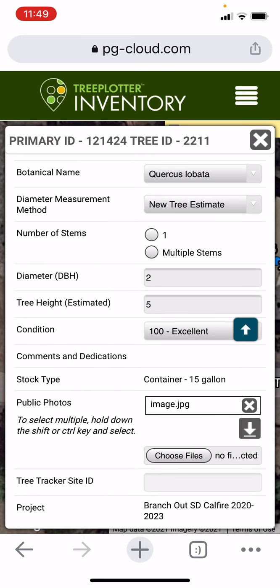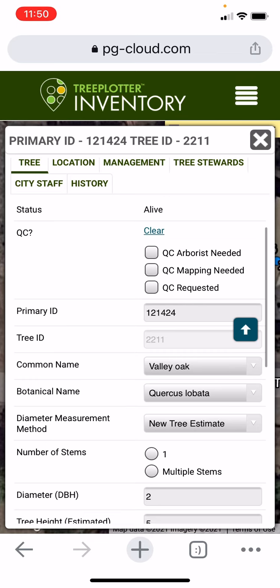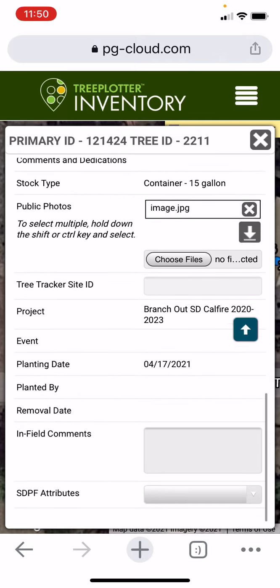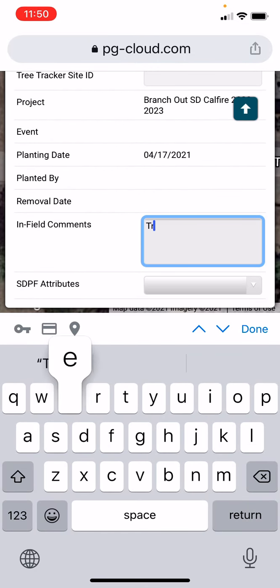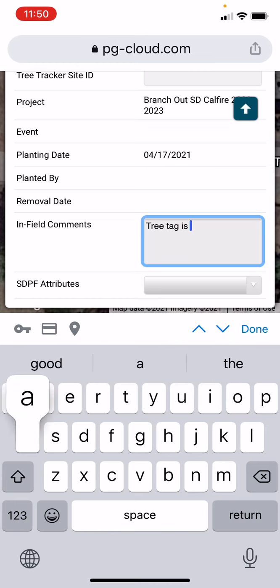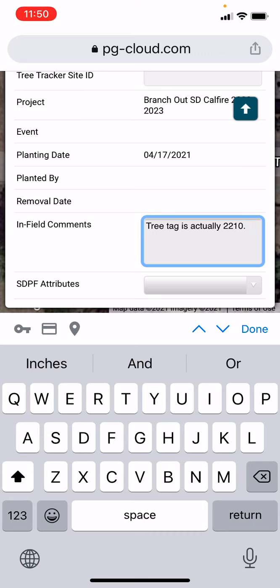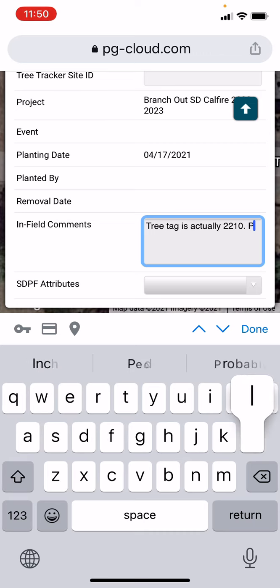The only other thing we need to do besides the location and the picture is maybe make a note of special issues. Let's say that the tree tag was actually incorrect. Let's say that you never could find 2211 at this property, but when you did the other 6 trees, you actually had a tag that said 2210. What you would do is if you have any problem with a tree, you mark this box at the top called QC requested. And then you'd go to the bottom where it says in-field comments, and you would write tree tag is actually 2210. And this would also be a place you could leave comments about the tree, like planted